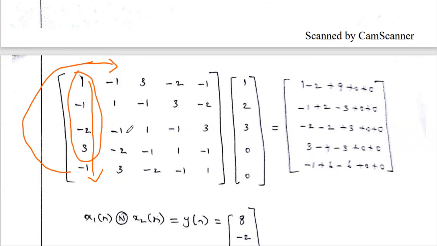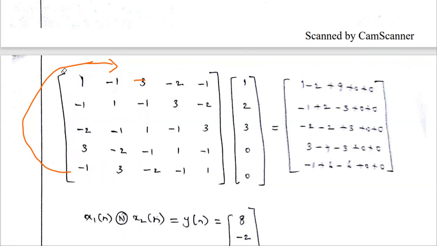Similarly, the third column is obtained by this last data 3. This last data 3 is written in the first element, and the remaining data you just write as it is. We are just shifting, we are rotating. Then similarly, you rotate this minus 2, it comes to the first position. The remaining data you just write as it is. So similar things we have to do to obtain the 5 cross 5 matrix.